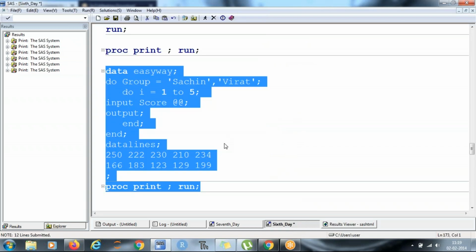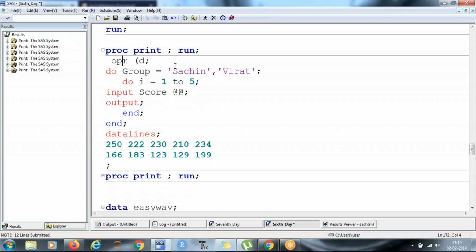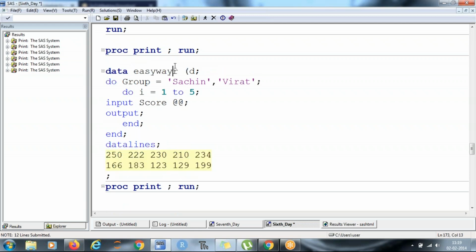So how does it work? The first do loop is started, and Sachin is assigned. This is an iterative variable. This you can drop. If this bothers you, you can drop it here.